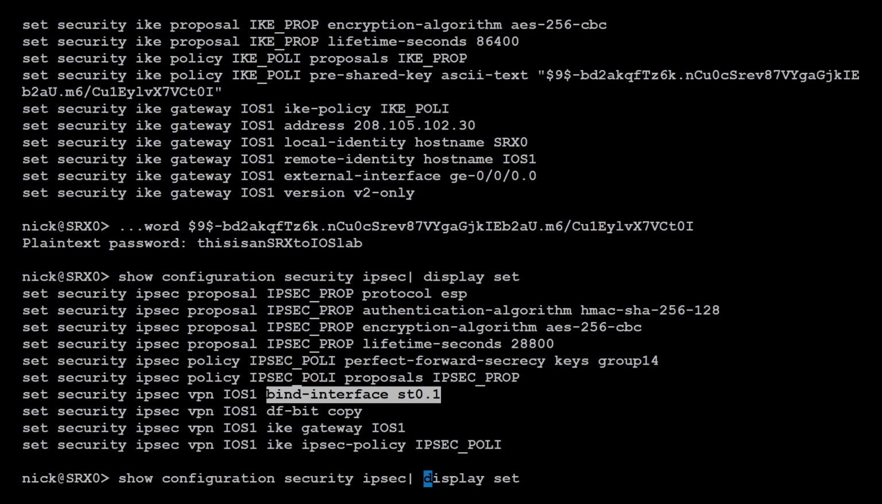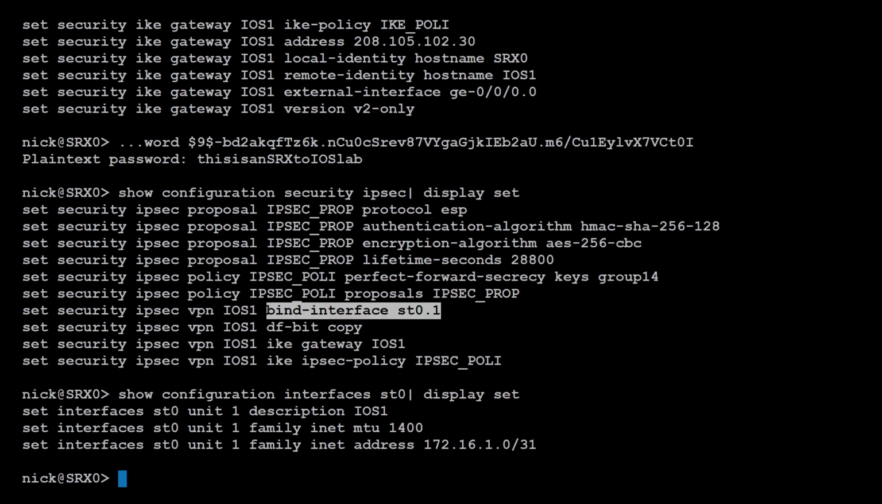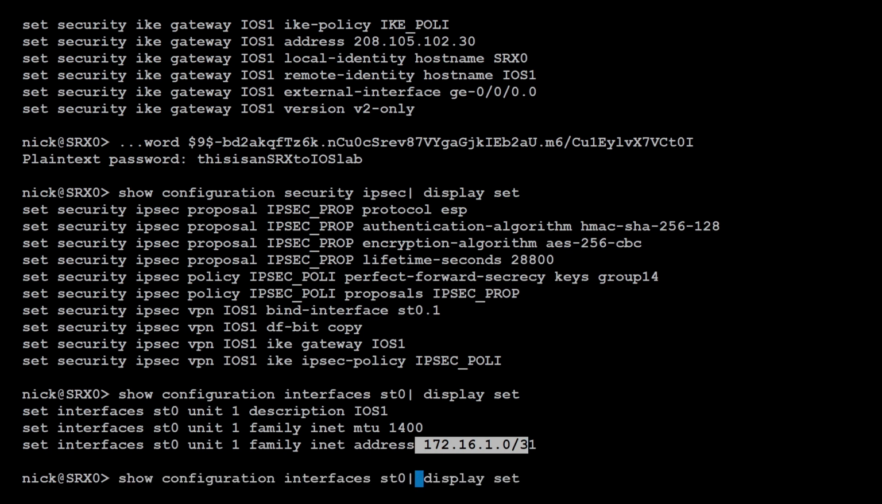So speaking of that interface, let's take a look at that and make sure it's configured. So we have here st0.1, description IOS 1, MTU 1400, and here's the address of 1.0/31. So everything looks great. Let's take a look at the final thing, which is going to be our OSPF, and